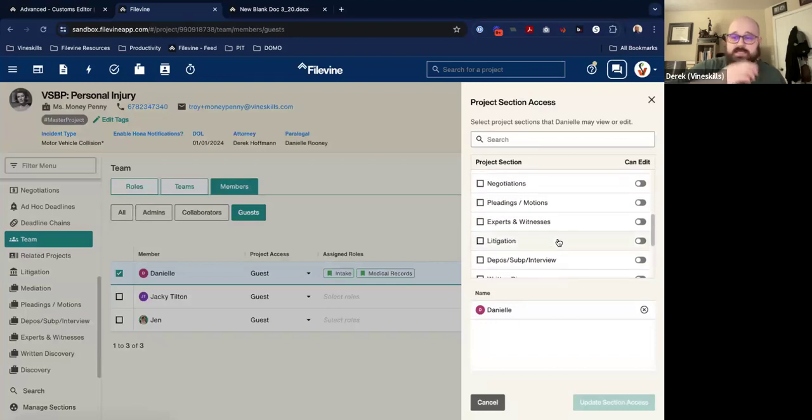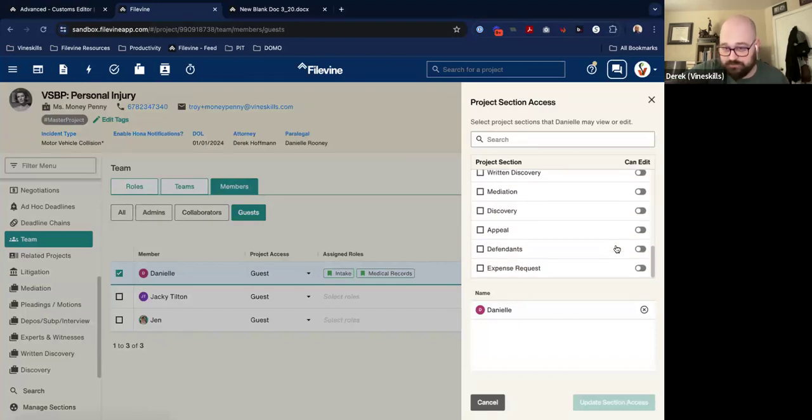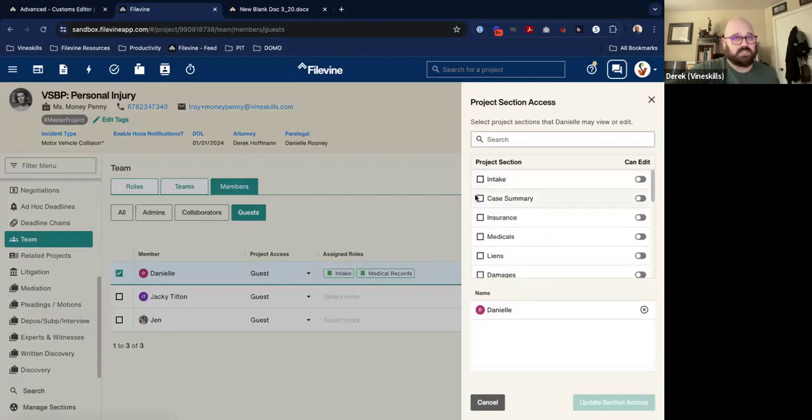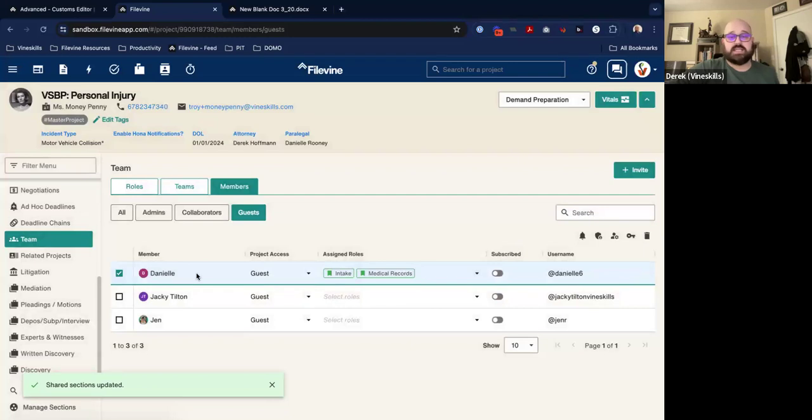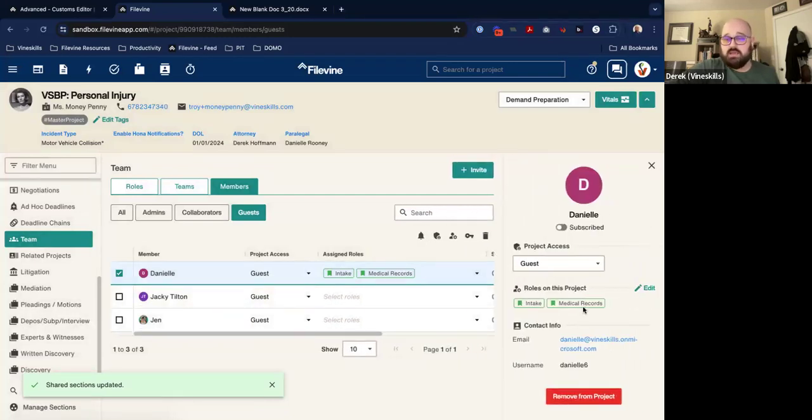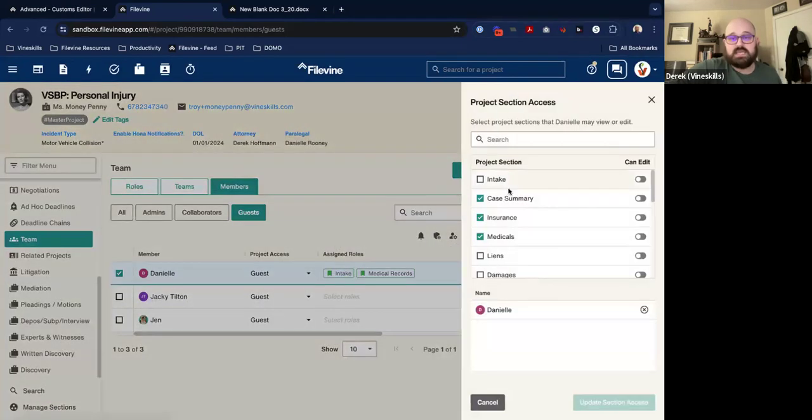So here I can see quickly that Danielle is a guest on this project, and Danielle doesn't have access to any of our sections besides the very basic sections and information that Jasmine went through and just mentioned. If I want to go through and update those, I can click the different sections, update that section access. And then if I go through and click my key again, those will go through and say, if I want, let's say